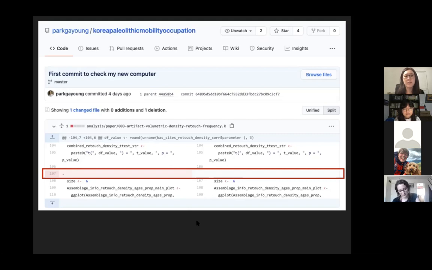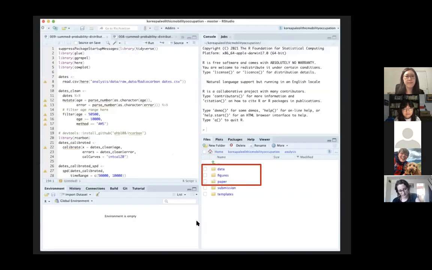This is my actual working space, which is RStudio, and you can download all my code and everything through GitHub, and freely open my package and project here so that you can check out the same page as mine.